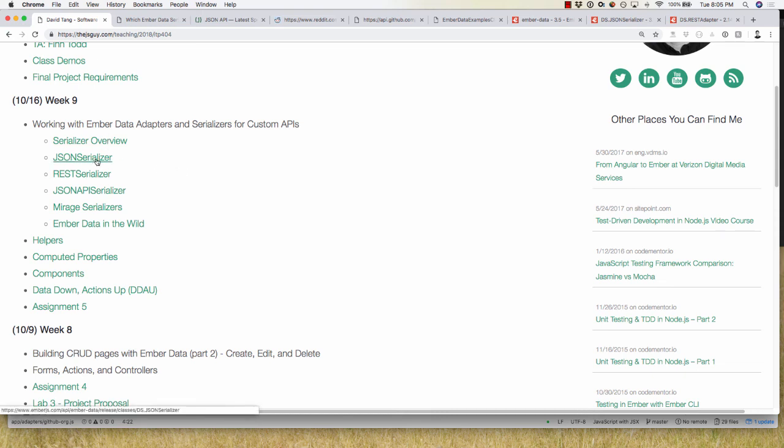Okay, so on the class links, I just put links to all the serializers that are built into Ember. So we looked at the JSON one, and in the past couple of weeks, we were using the default JSON API one. There's another one called REST serializer, which works really well if you're creating APIs using Ruby